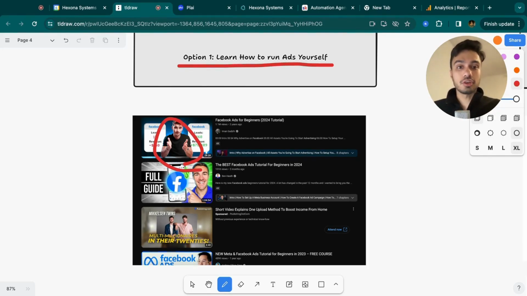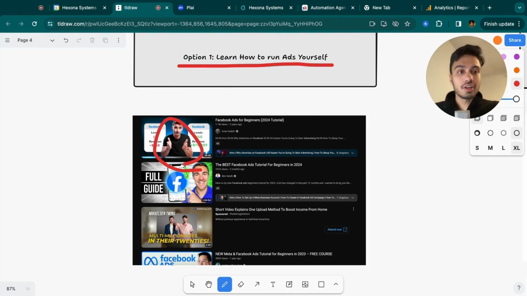Now, the issue is it does require a significant amount of time investment on your part, a lot of education, a lot of training to catch up to the pros that you're going to be competing with, and doing it in a cost effective manner. It definitely is the slowest option, but it also is the highest leverage for the long term, because if you are able to acquire these skills, they're very high in demand. If you master how to generate leads for businesses, you're never going to be without work. You're never going to go hungry. There's always businesses that need what you're providing,